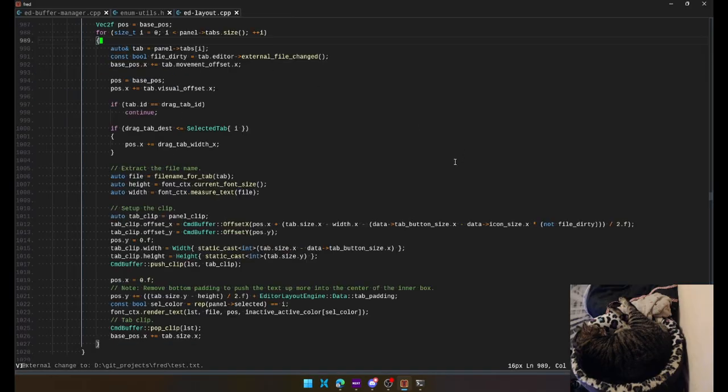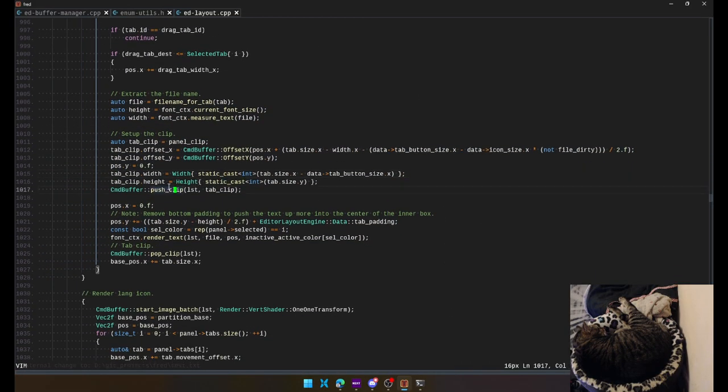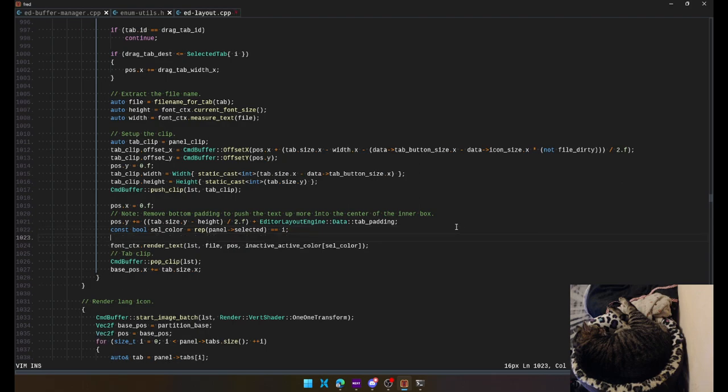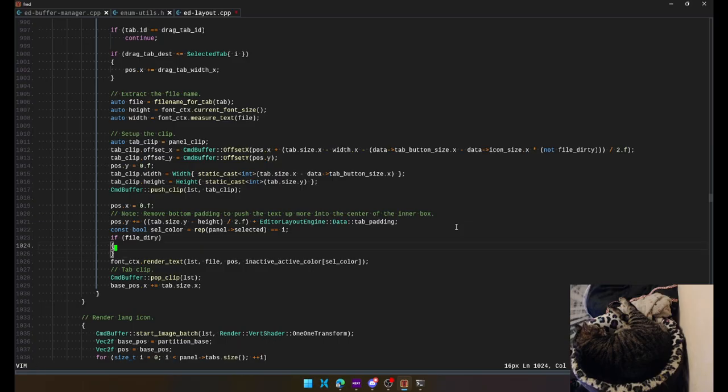Okay, cool. And so position X 0, that's what we want. So now what I want to have happen is I want to render this. So if file dirty, I know I have to do a branch here, which is kind of annoying, but I think it's actually